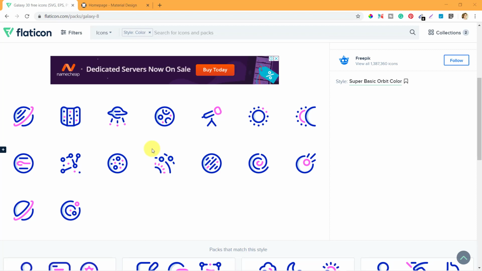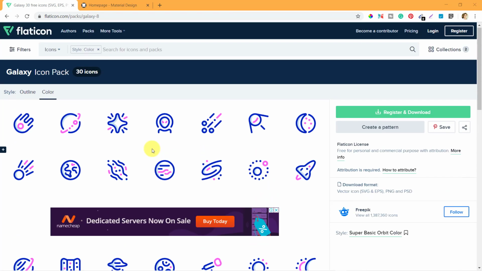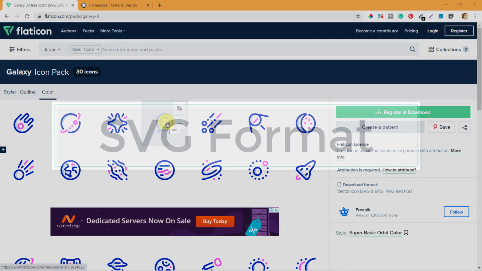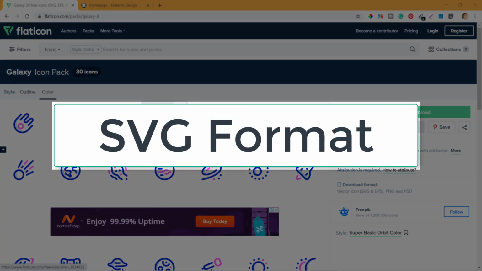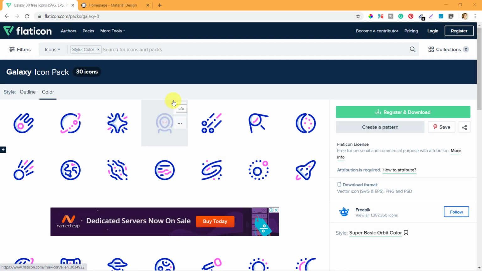Now the question is, how can we change the colors of these icons that we download from websites like flaticon.com? These icons that you see are not editable and we cannot change their colors. However, if these icons are downloaded in SVG file format, then probably we can change the colors. Now all the websites that I've shown you till now do not provide SVG downloads. You need to download these icons in either ICO or icon format or in PNG format.